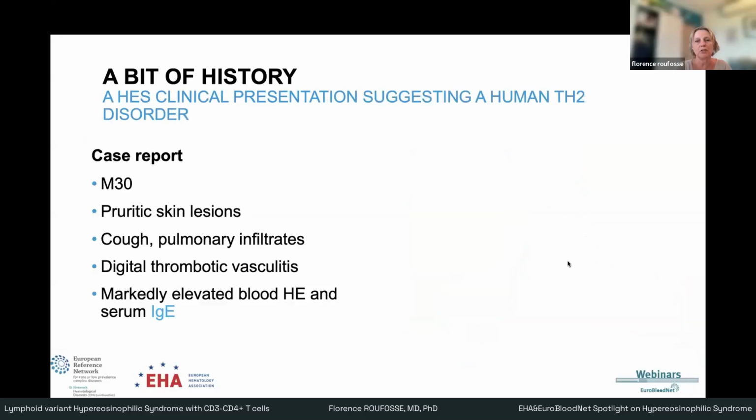this type of Th2 inflammation that my former head of department encountered a patient with a hypereosinophilic syndrome whose clinical presentation and biological findings were strongly suggestive that he may have a Th2 disorder. This had never been described, obviously, at the time in the setting of hypereosinophilic syndrome. So this was a man who was pretty young, as you can see, who had a series of clinical manifestations of his hypereosinophilia, and he had markedly elevated serum IgE levels, exactly as had been described in mice with Th2-driven